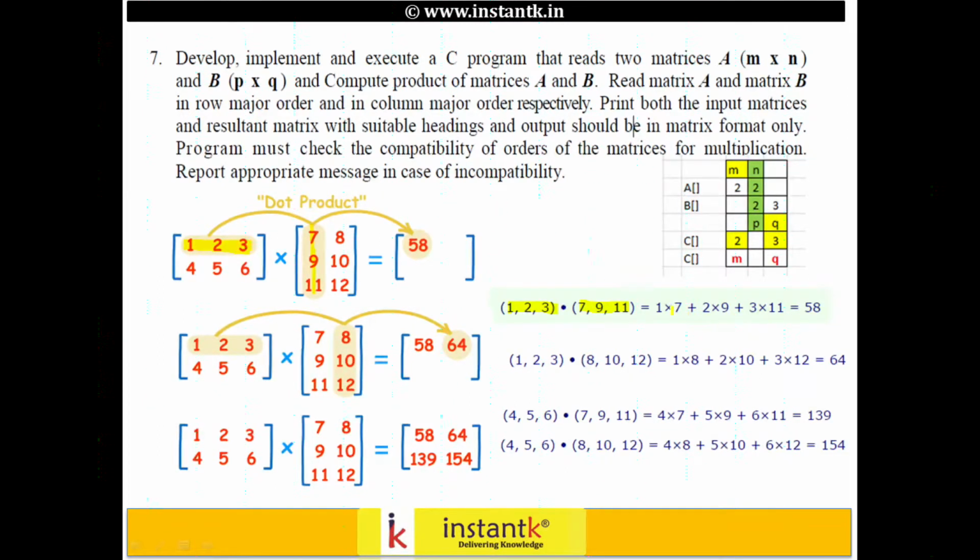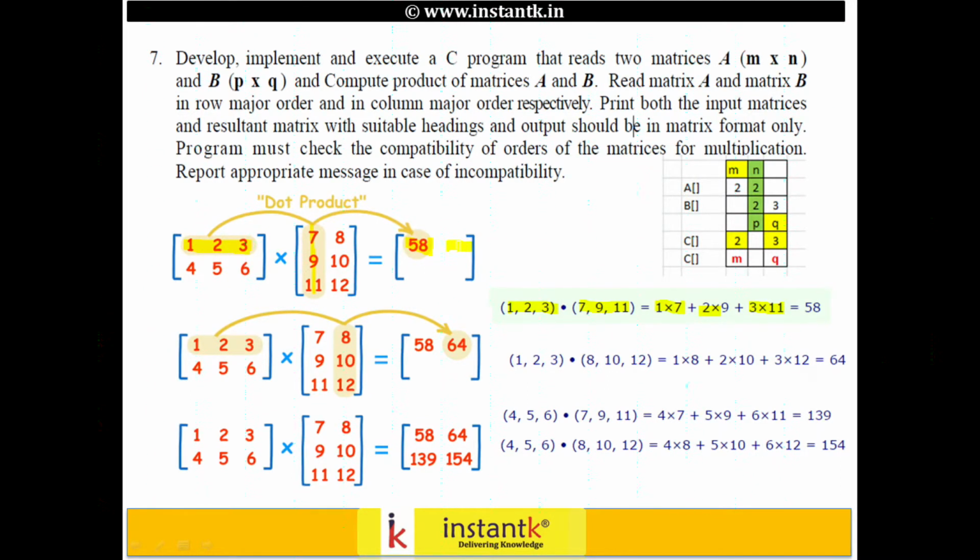So in the matrix multiplication, the first entry of the row of A is multiplied with the first entry of the column of B, then 2 and 9, and 3 and 11. The resultant output 58 goes to the dot product output of resultant matrix C. Basically we multiply row wise from matrix A into a column of B, element by element.